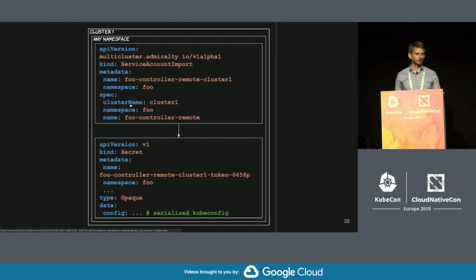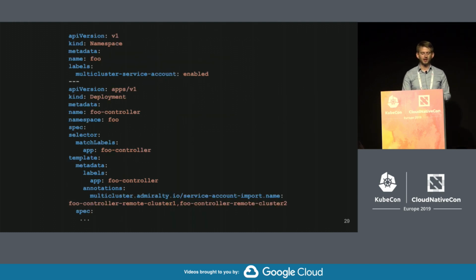And multi-cluster service account controller takes care of finding that secret in the other cluster, importing it, and then if your namespace enables it, at admission, pods that are annotated with those service account import names will